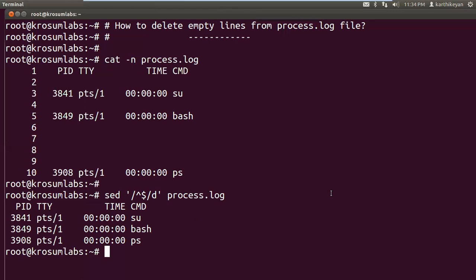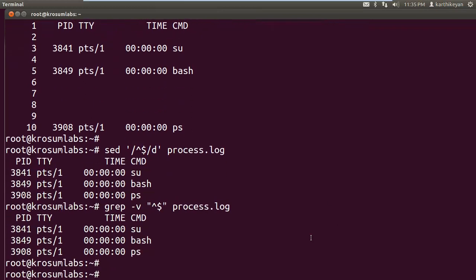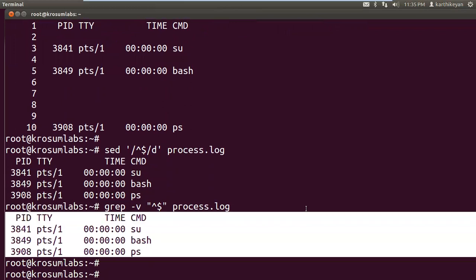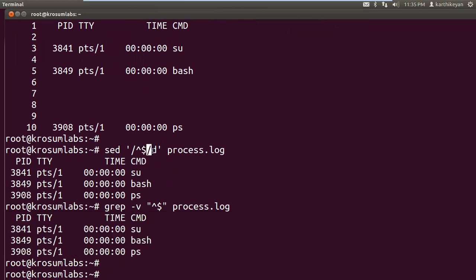Another way, using the grep command, we can find the pattern. The anchor ^$ combination will find the pattern. But here if we use the -v option, it's not matching this pattern. Not matching the pattern. This is another way to perform, to ignore the empty line and to display the non-empty line. So sed pattern with action, delete action; grep command basic operation is display, but we are using option -v. The -v option ignores this pattern.